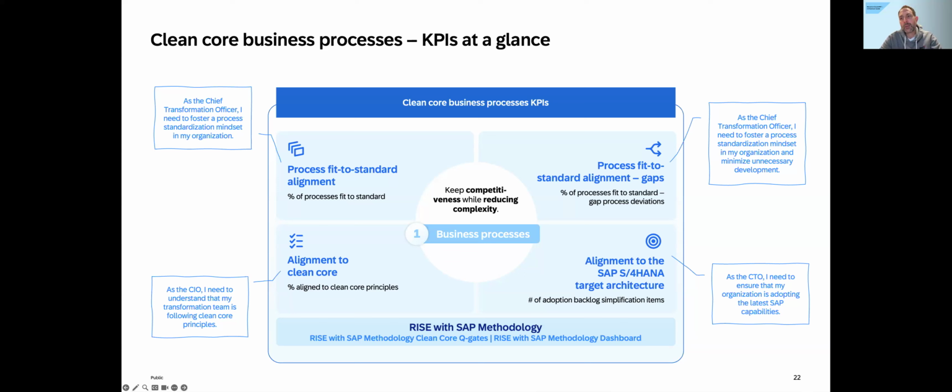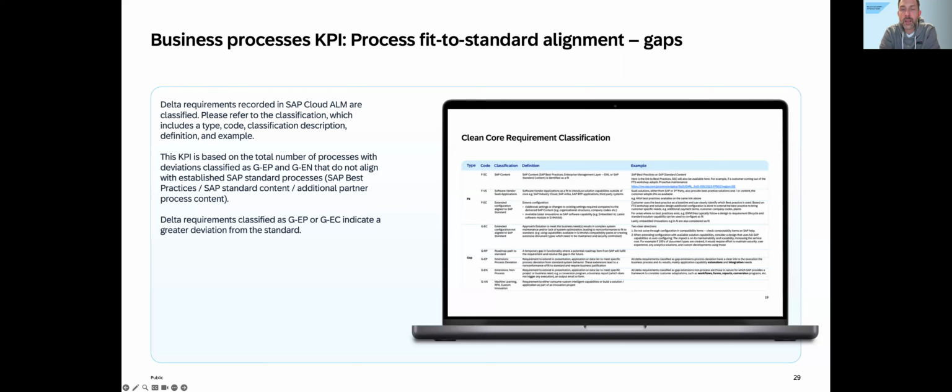And there's a final one where we look at simplification items and compatibility scope, because we're saying a clean core system ensures that there is no investment being done, ideally, into compatibility scope or simplification items, because this will be sunk investment. So those are the four KPIs, and essential to this, and this is why I put it in, is that we already released the Clean Core Business Processes white paper in December last year. This white paper includes a classification, and this is a classification that we now also leverage in these KPIs.